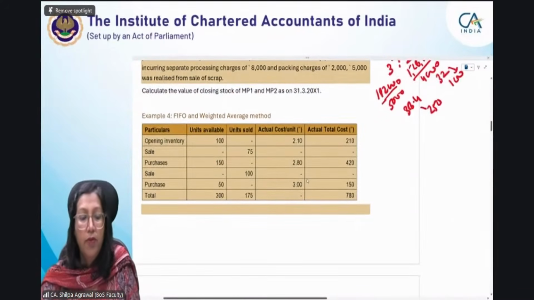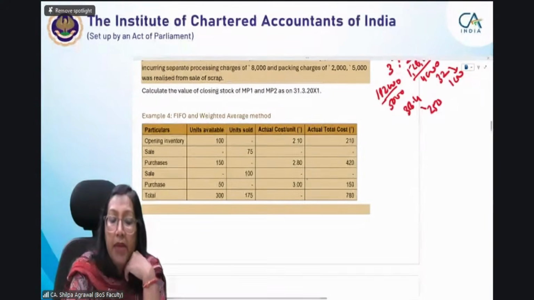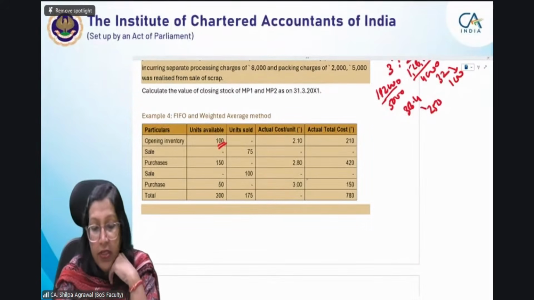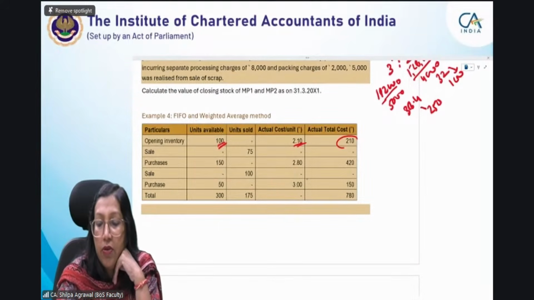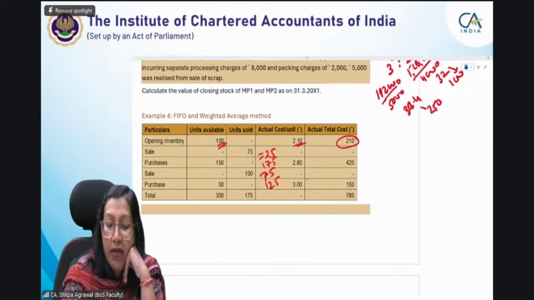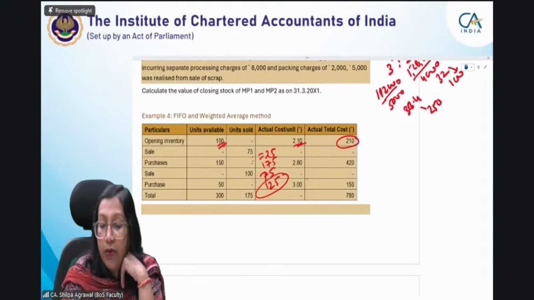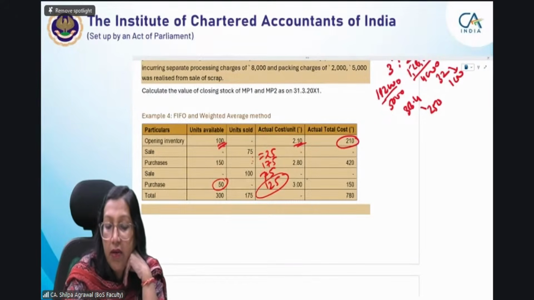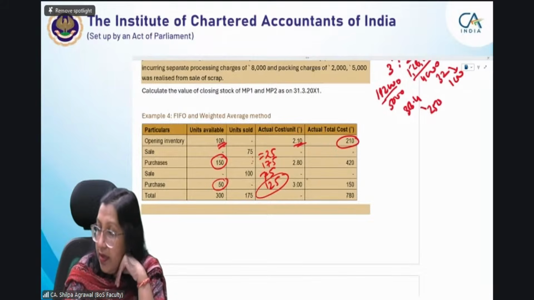ठीक है. We are moving here. आपकी इनिशियल इन्वेंट्री 100 यूनिट्स थी और उसकी एक्चुअल कॉस्ट 2.1 थी, टोटल कॉस्ट 210 आ गई, ठीक है। आपने फिर सेल कर दिया 75, आपके पास 100 में से 75 गया, आपके पास कितनी यूनिट्स बची? 25, 150 ऐड हो गई, यहाँ पे आपकी 175 यूनिट्स हो गई। 100 यूनिट्स फिर से चली गई, तो अब आपके पास सिर्फ 75 बची है। 50 ऐड हो गई, 125 हो गई, ठीक है। तो आपकी 125 यूनिट्स आपकी इन्वेंट्री है, तो अब 125 अब किस में से आप मानोगे? इसमें से और इसमें से, है ना। Okay, is it clear?